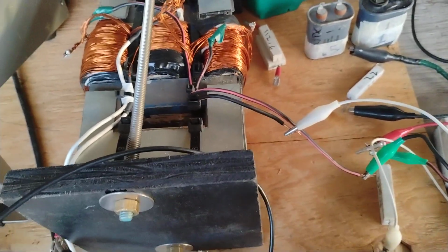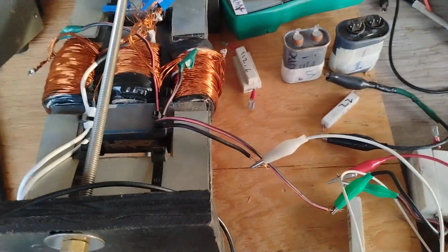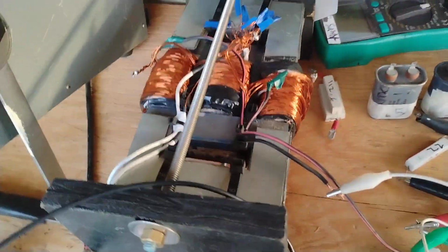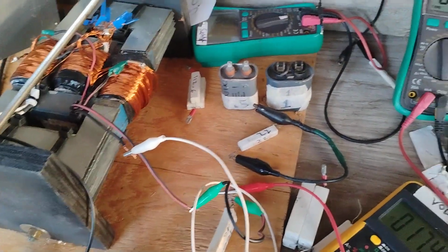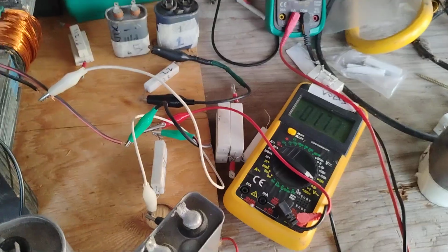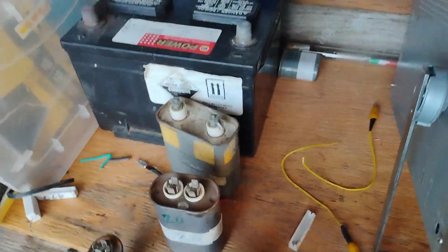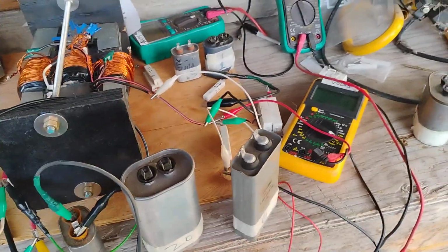So I want to try my stat power inverter next, see what the caps will do with that instead of the grid. So hang on one moment. Actually, I'm going to do this stat power inverter later. I got too much of a mess to tear down and set up. But I will show you